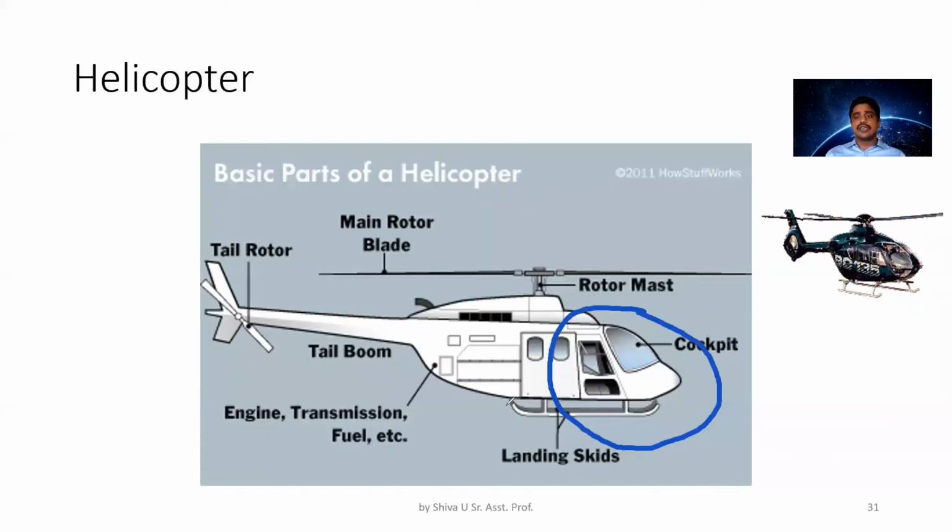And here, in most of the helicopters we don't find landing gears, but we will find landing skids. As you can see in this image, most helicopters are absent of landing gears, but they have these landing skids, as they do not go for any runway or any long run. So for easy landing and takeoff, they will be using these landing skids, right?